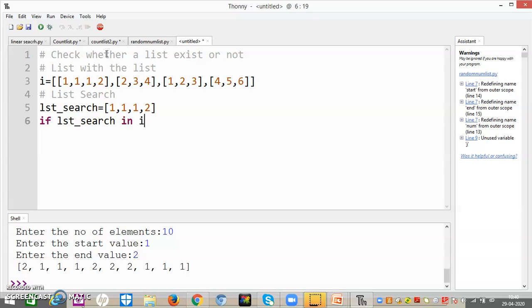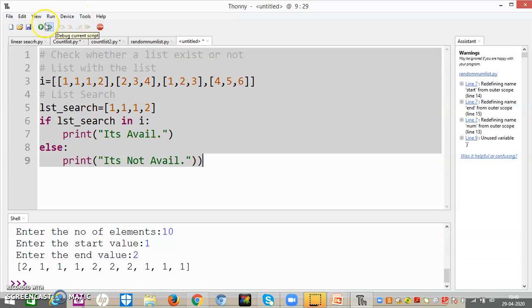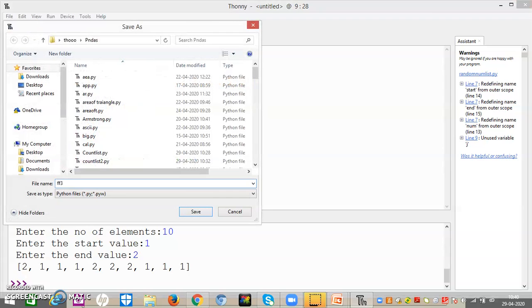Then we will print it's available, else print it's not. Now that's it from my side. I will just save it and run it for you.